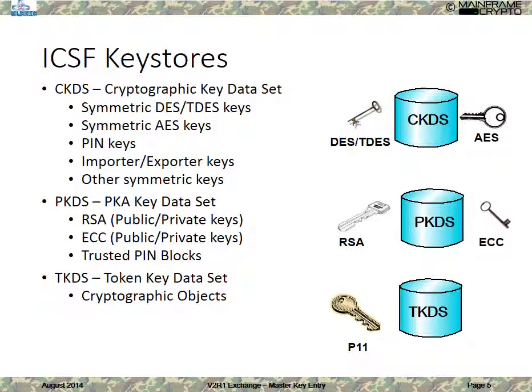Finally, the TKDS, the token key data set, that's where we store cryptographic objects that are associated with the PKCS11 architecture. So you can have either clear keys or secure keys stored in the TKDS. That's effective with the Crypto Express 4S and HCR 77ABLE0. So if you have key material that's going to be used in a PKCS11 architecture operation, it'll be stored in the TKDS in the clear if it's a clear key, and if it's a secure key, it'll be encrypted under